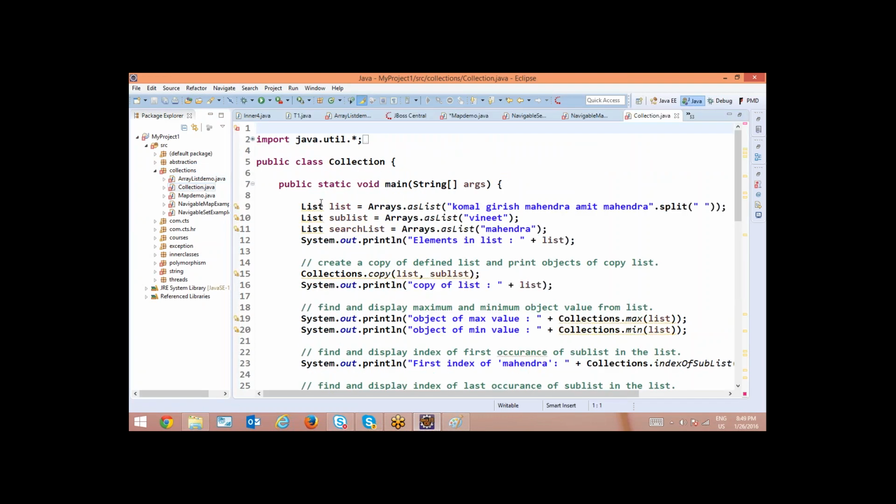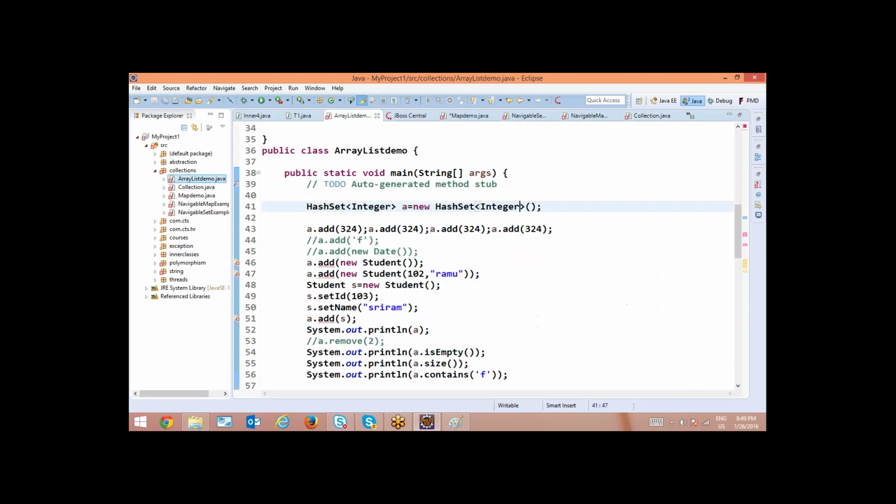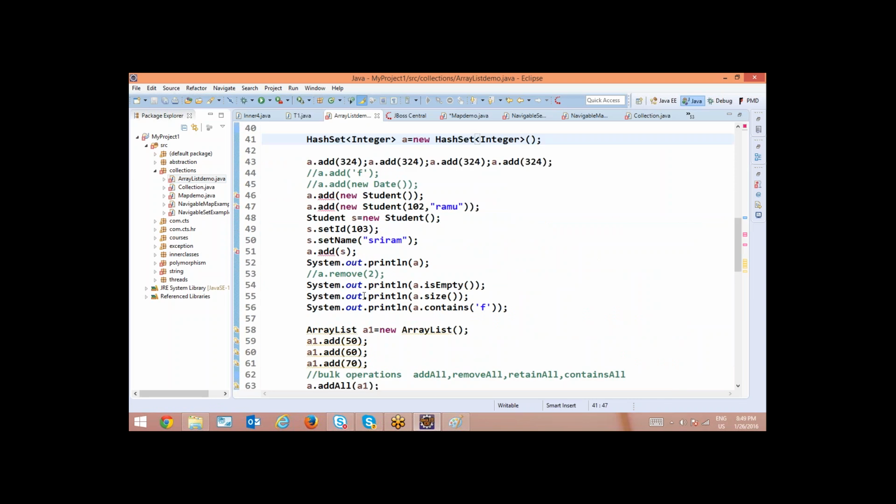You can observe here, Arrays is a newly added class into which directly you have a method called asList. When I give a list of things separated by space, it is creating a list directly. One more list you are creating, a third list you are creating. Earlier when you want to copy one ArrayList into another ArrayList, we have a method like this, right?